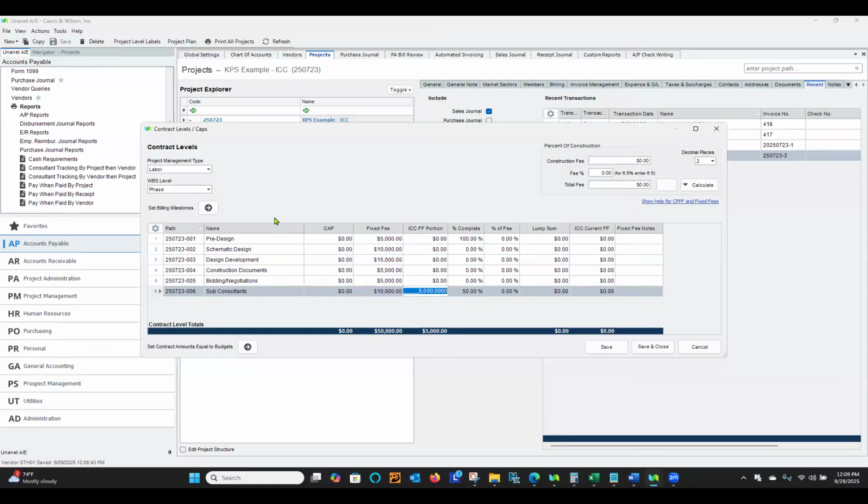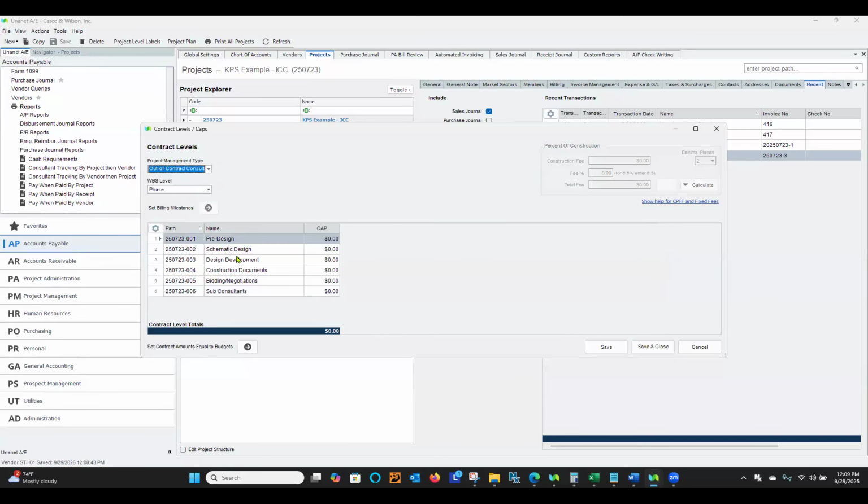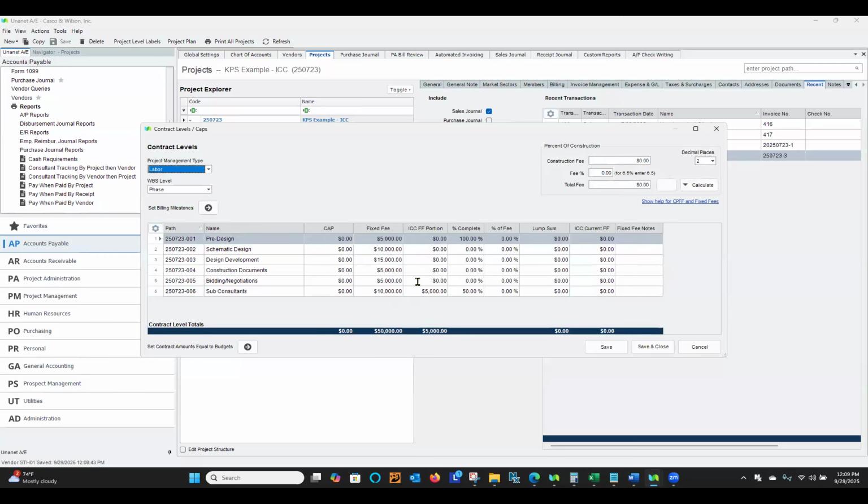And this is optional. This will not affect whether or not your out of contract consultants flow correctly. But if you have a cap that you want to apply to your out of contract consultants, you can go to this project management type, select your out of contract consultants, and you can apply a cap here for those consultants. So once those things are set up, when you receive